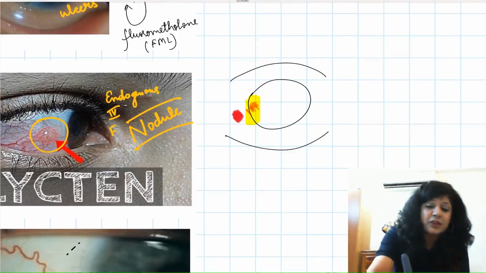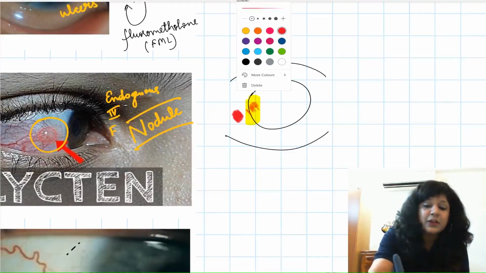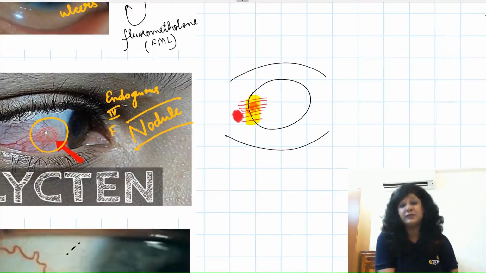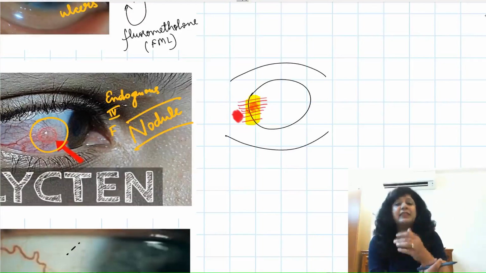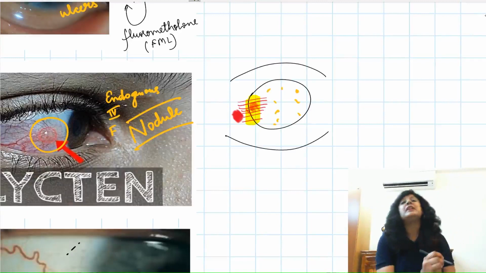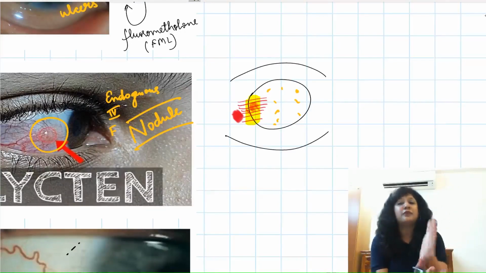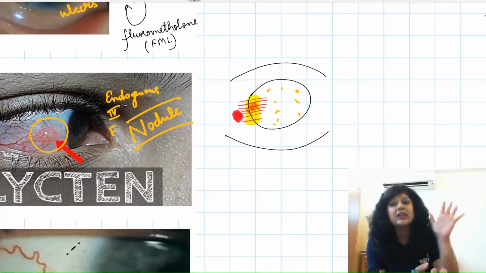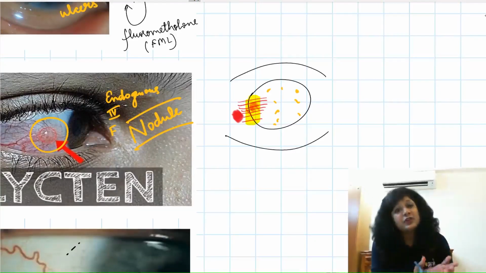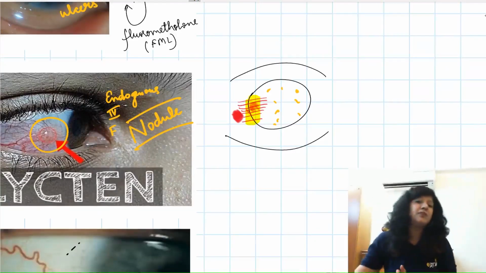Now slowly and gradually the blood vessels will grow over it. So when we have a parallel leash of blood vessels growing over it, this is called a fascicular ulcer. Fasciculi means bundles. And then we will have ulcers which are spread all over the cornea. So this is the diffuse miliary ulcer. This is the difference between the sacrophilus ulcer, the fascicular ulcer, where we have the leash of blood vessels, and the miliary ulcer. Okay, because here we have endogenous allergy, obviously here the treatment will be steroids.